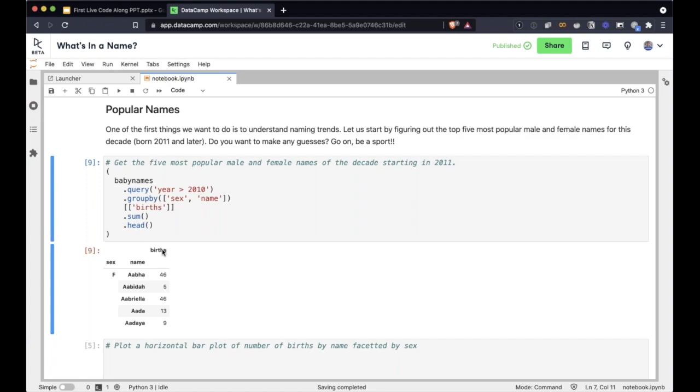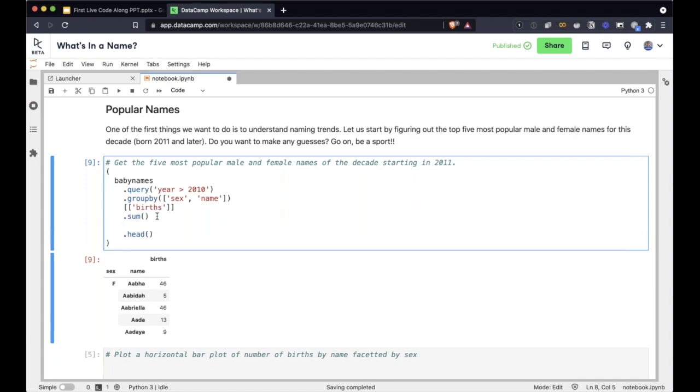Now we have the births column, but we still have more work to do because we want to figure out what are the top 5 names. There are many different ways to do this, and let me show you one way of doing it. We want to sort the values of births in descending order, and then pick the top 5 for each sex.